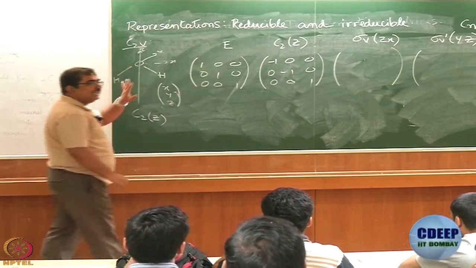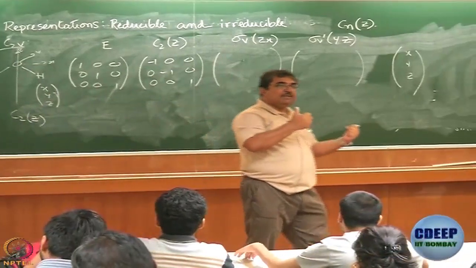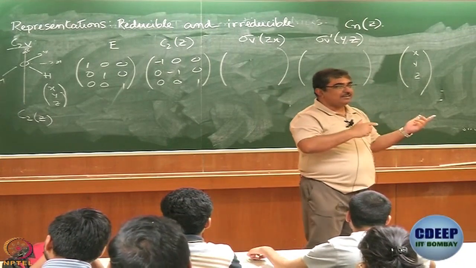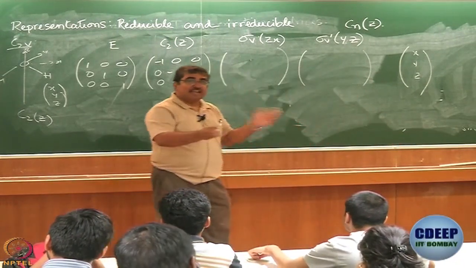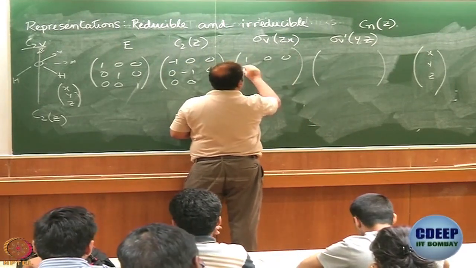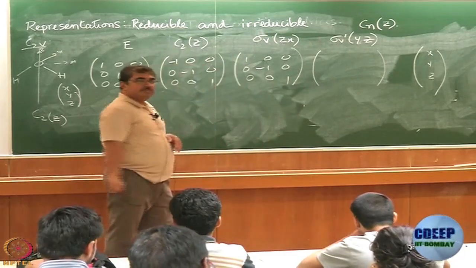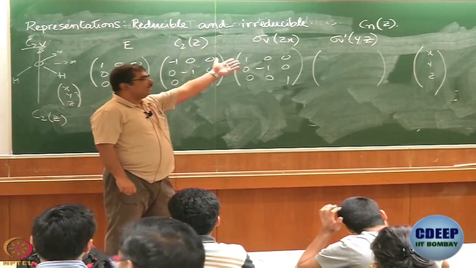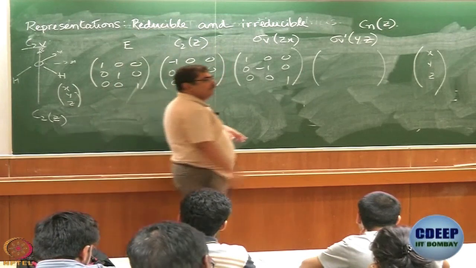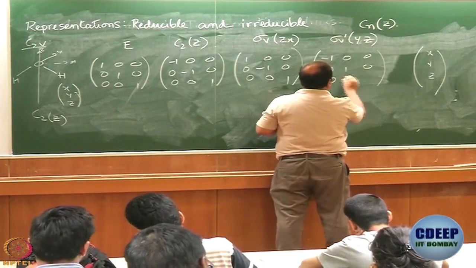What happens when I apply sigma v ZX? We have discussed already, the axes that are on the plane will not change sign and the axis that is perpendicular to the plane will change sign. So, Y will change sign, others remain the same and there is no mixing. So, 1 0 0, 0 minus 1 0, 0 0 1. Okay, and I might as well write that one, that is YZ. So, X will change sign, Y and Z will remain the same. Minus 1 0 0, 0 1 0, 0 0 1.